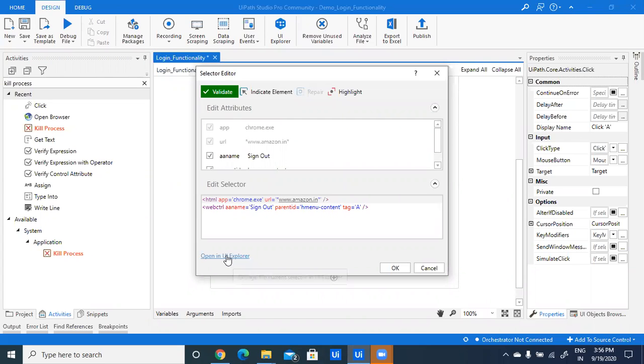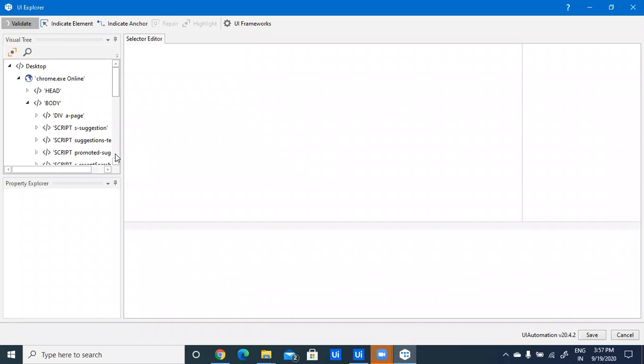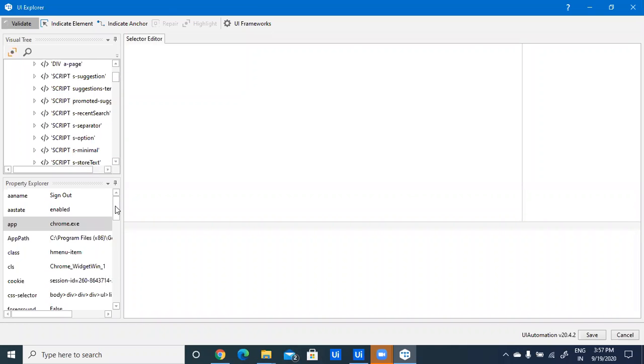The changes have not been saved. In left hand side, we can see all the properties of our selectors and all.